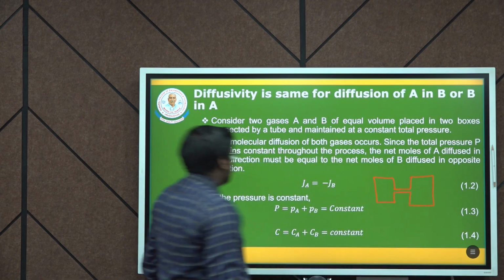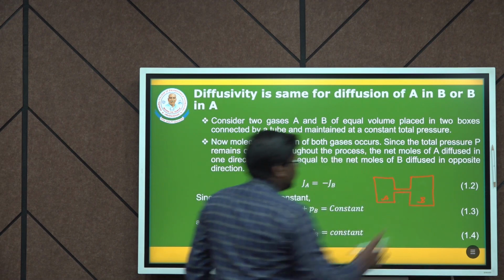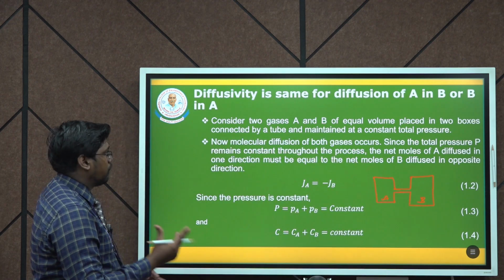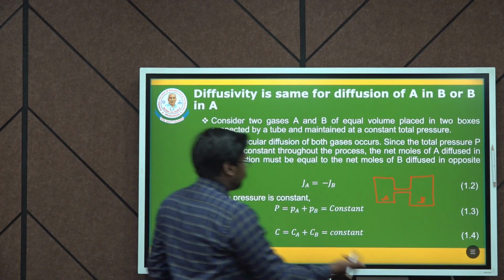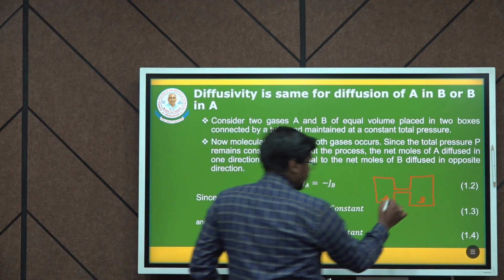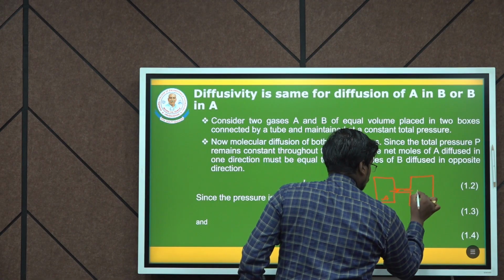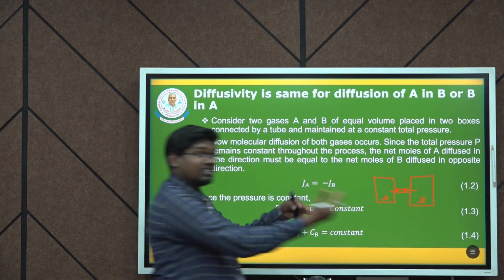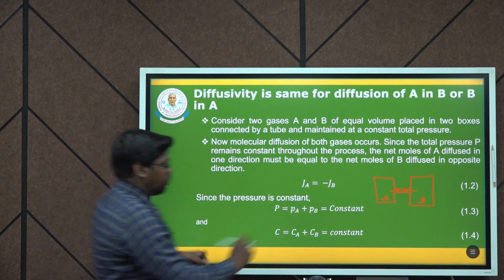This one consists of gas A and this one consists of gas B. Both the containers are maintained at a constant pressure and the net moles of A diffused in one direction. Since the pressure is maintained constant, the moles of A that are diffusing in this direction are equal to the moles of B that are diffusing in that direction. Hence the net flux,